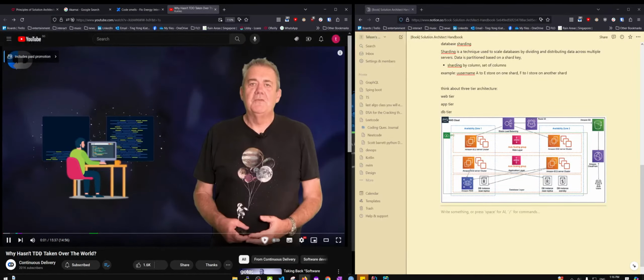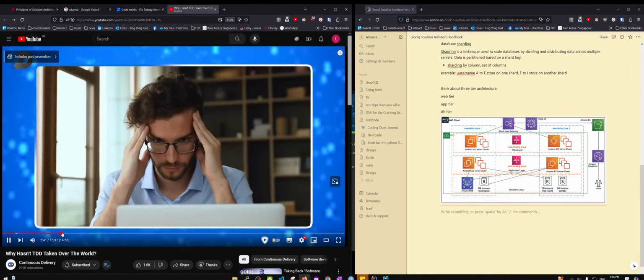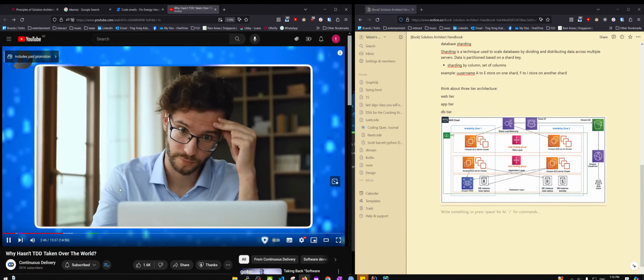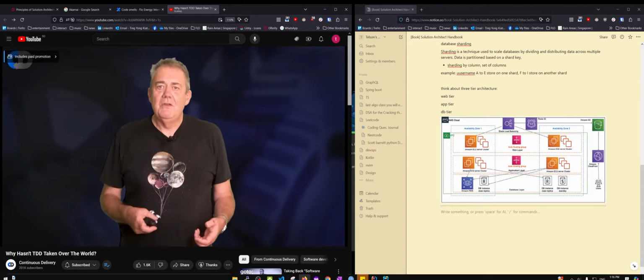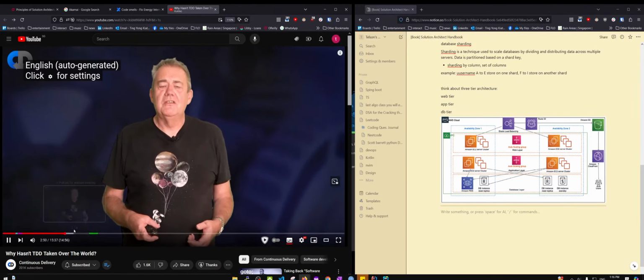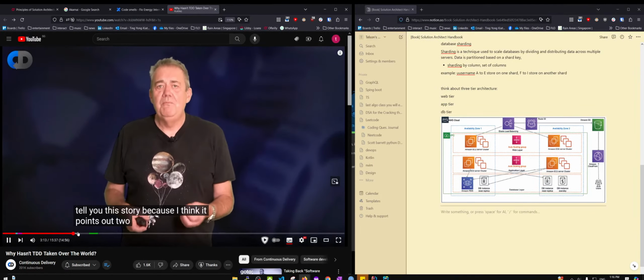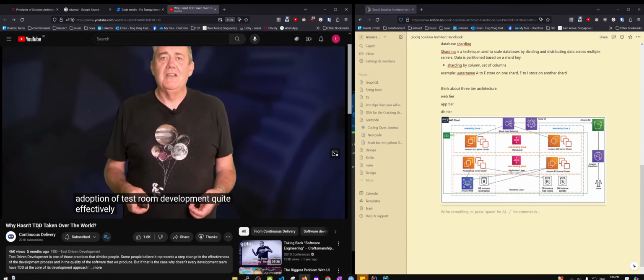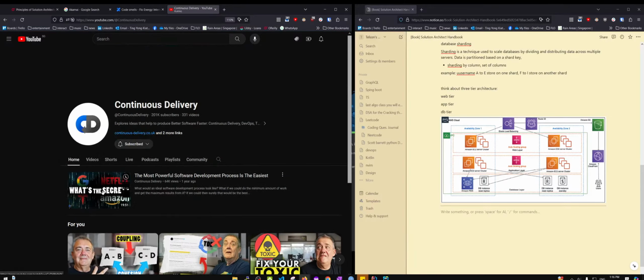In my career as a software developer, there have been several that just seemed so unnatural, and it just made the testing that I already valued much more difficult. A few years later though, I joined a consultancy called ThoughtWorks, points out two big barriers to the adoption of test-driven development. Quite effectively, the first is that it's